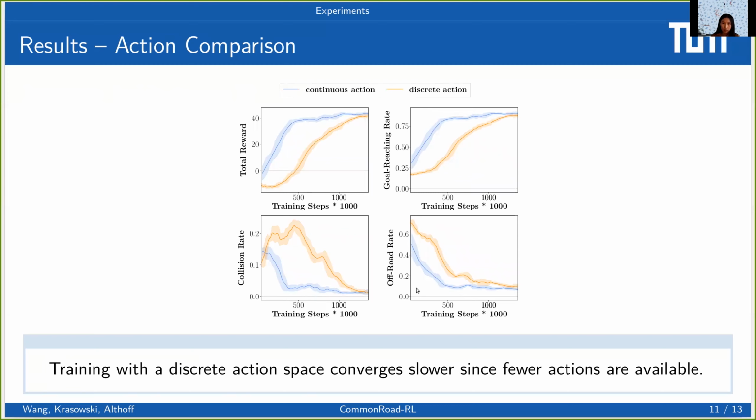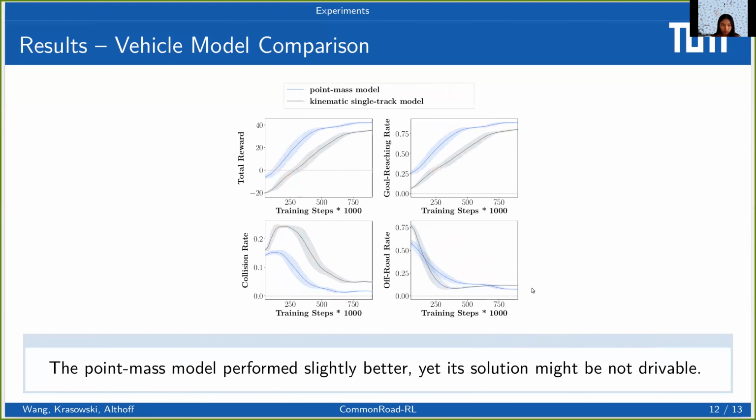We compared the discrete action and continuous action space. Both agents converged to the same performance in the end, but the discrete action agent converged much slower since the action values are discretized, so there are fewer actions available during the learning.